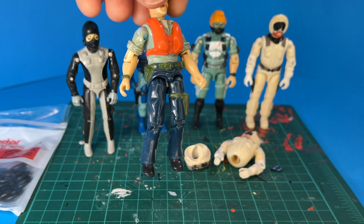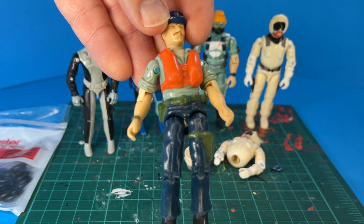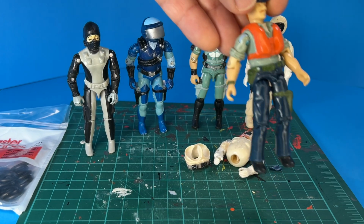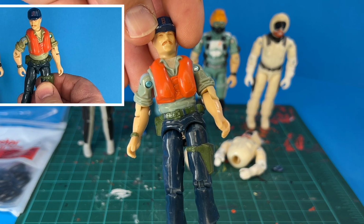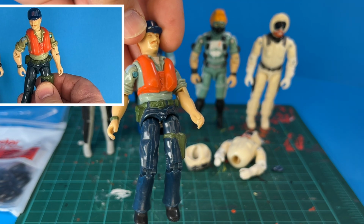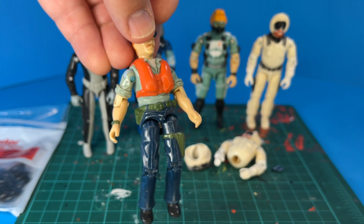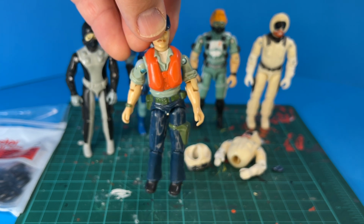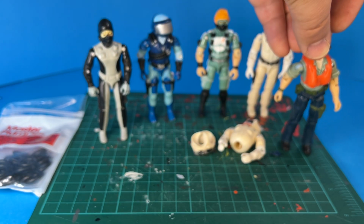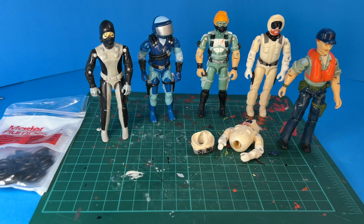but that's going to work. And this guy was probably the worst. Now his crotch broke. You can see there. I have the piece. It's over here on the ground. I'll probably weld that back together. And he's really yellow. I mean, these guys were in peroxide for at least probably 4 days straight in the sun after our long dark winter. And I really was hoping to have him with more of a bright blue shirt like Motor